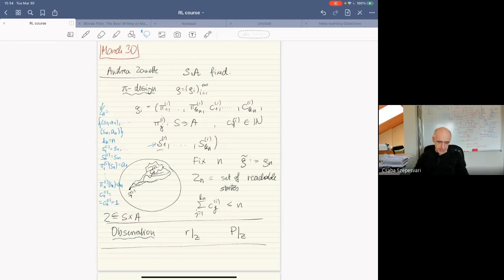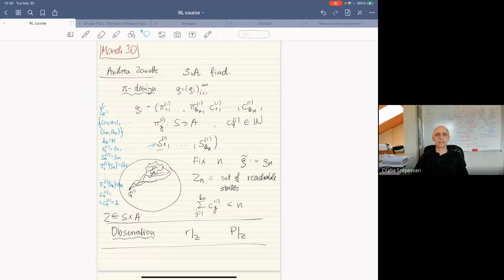So this result, we started to talk about in the last lecture. It's a result by Andrea. It's a quite recent paper. It starts with the definition of this pi design. So in this idea of the pi design,